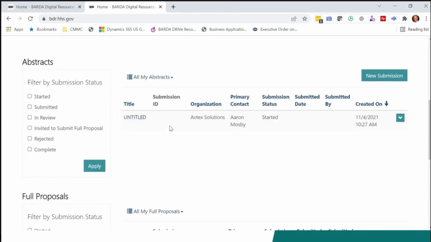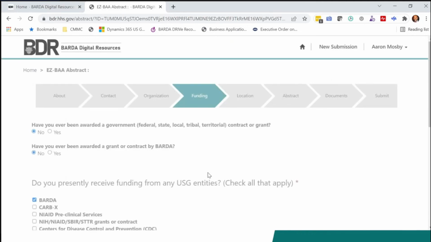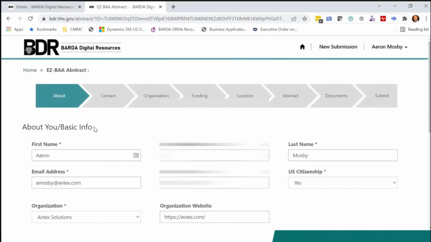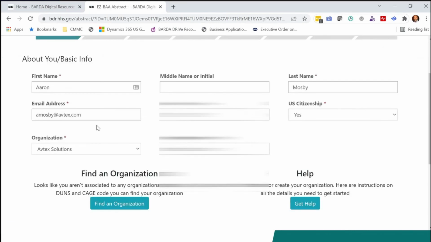And again, just for time, I'm going to jump into a submission that we've already created, so you can see visually what this application process looks like. And again, this is the actual application that BARDA uses to determine who they're going to give funding to. So it's not like fill this out and then there's another paper process that you have to go through. This is the actual application that you're submitting as part of your